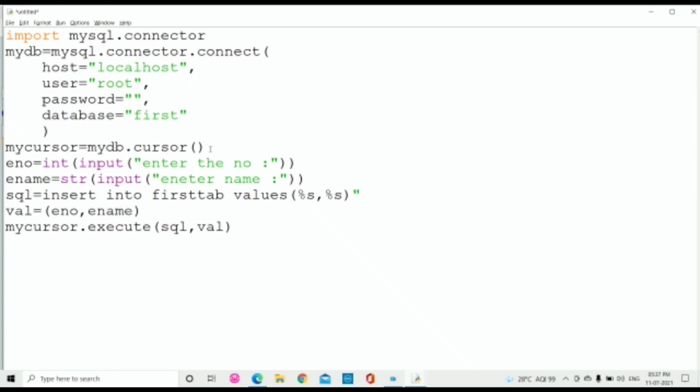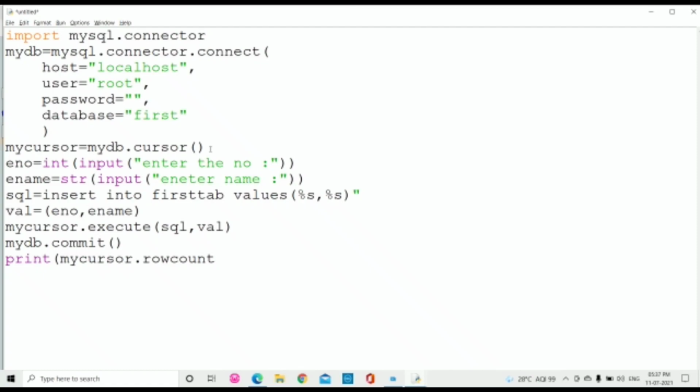Now you have to save the work, for which you have to commit. So let me save like mydb dot commit. The commit function is also given. Now to check the values, let me print the values contained in my cursor, followed by the row count.